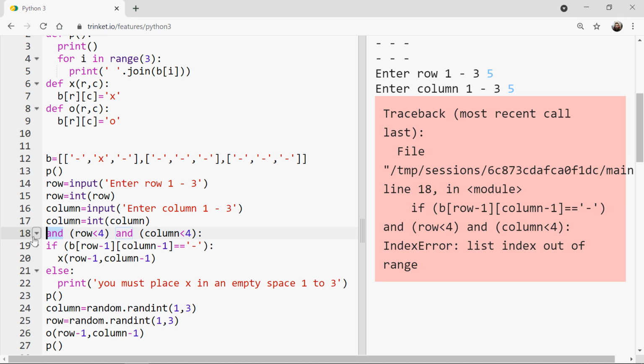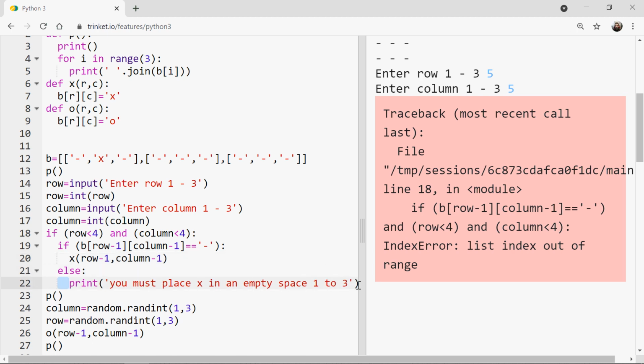So now only if the row is less than 4 and the column is less than 4 will we even check to see if it's blank, because just checking there. Now here we can say that it must be in an empty space,